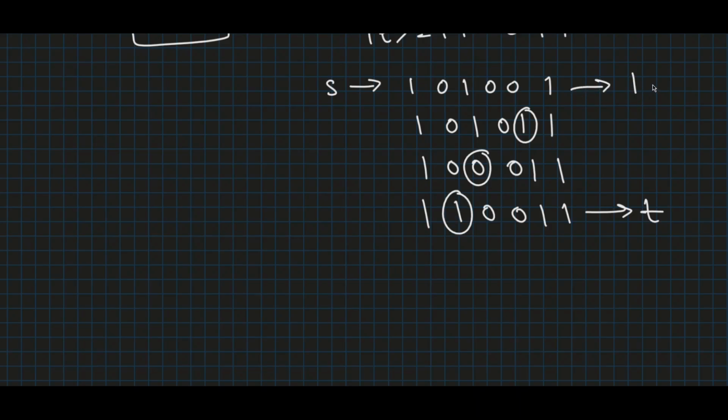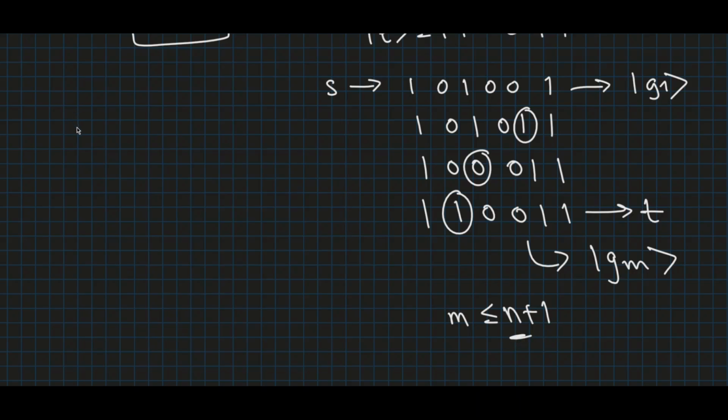So the state starting with S is called G1 and the state that ends with T is called Gm, where m is less than or equal to n plus 1, where n is the number of bits in the binary expansion of S and T, and S and T can differ at most in n locations.